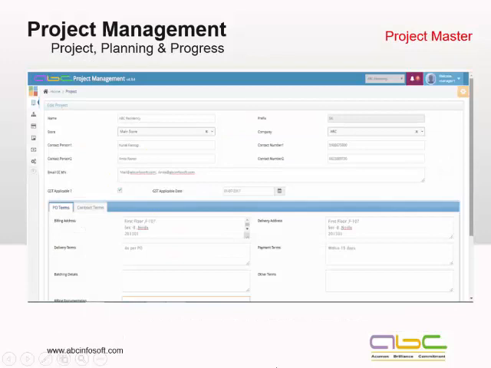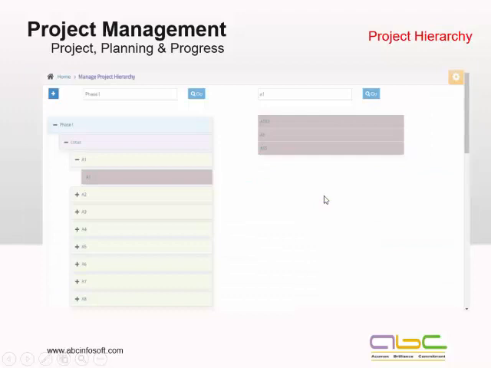Now, this is how we are going to define the project masters. Initially, we define the project name, company name, contact persons, terms for the purchase orders, terms for the contract, GST applicable, and other things. Now, as I told you, phases and subphases form the project hierarchy. For phase one, these are my various blocks and these are my houses. This is a duplex house project. So we have phase one, then Lotus is a block, and then A1 is my house. Similarly, I can define any number of things.